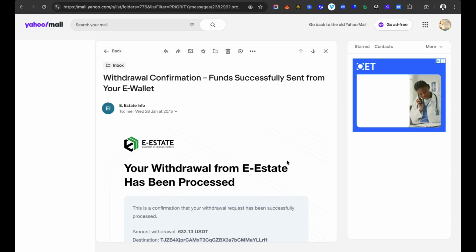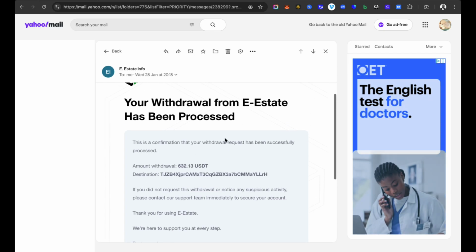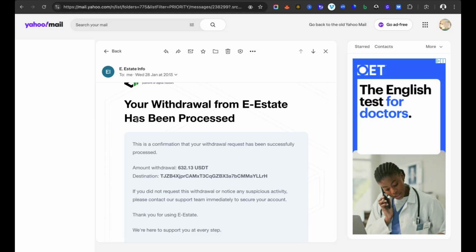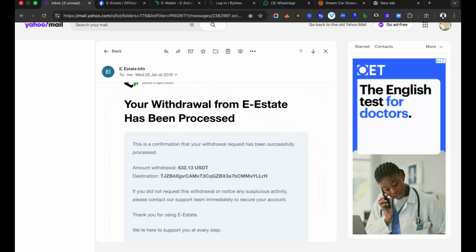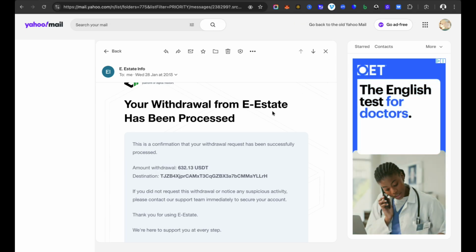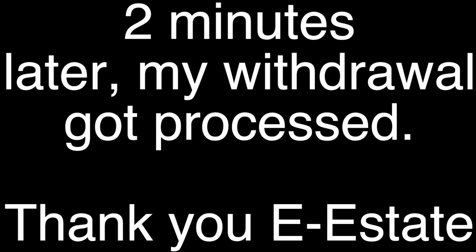Oh, I forgot to mention, you should go to your email as well and check. You will see this email confirmation saying that your money has been processed from your e-wallet. And you will see all the details here. Your withdrawal from eState has been processed. It's that easy. Within maybe 2 minutes, your withdrawal is in your wallet